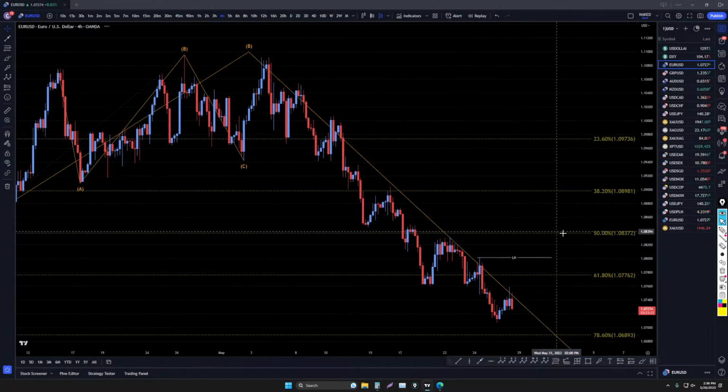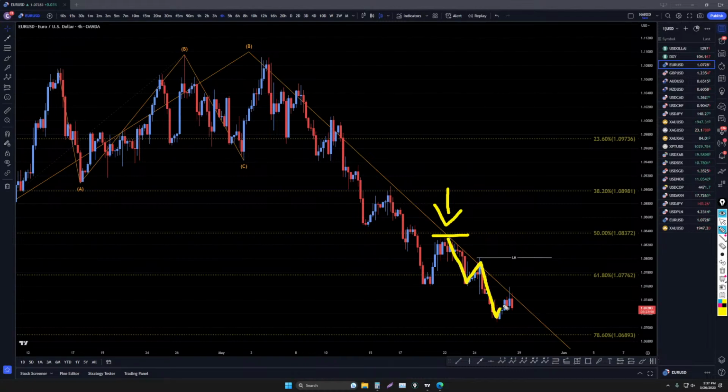So let's take it down to the 4-hour time frame. On the 4-hour time frame, we got a lower high. Looks like we're trying to make a lower high right now also. Like I said, it kind of looks to me like it's a wave 5 from this last end of a correction right here. This is probably going to be a 1, 2, 3, 4, 5 of a trend that started right here.